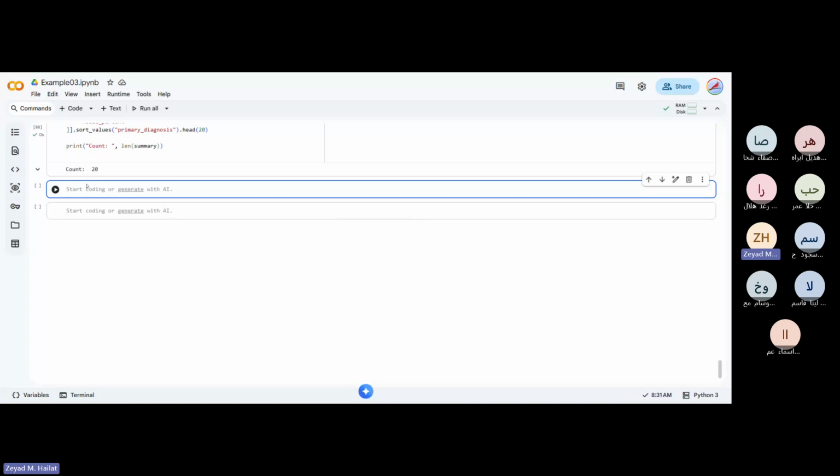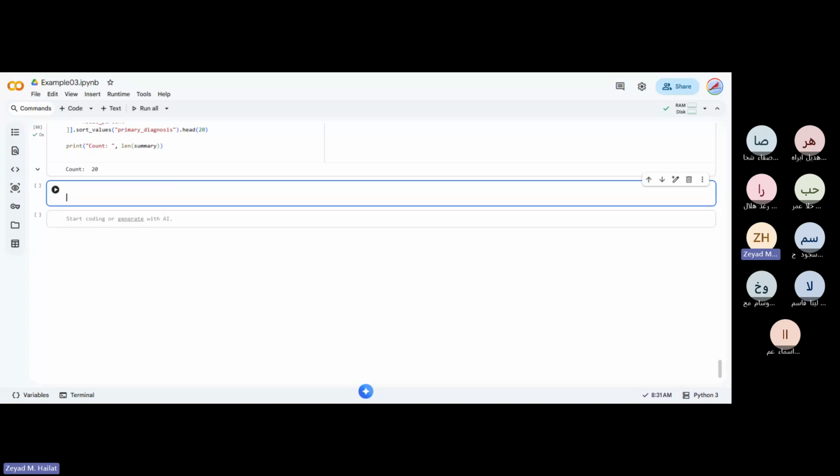Okay. So the next one is I would like to find out who are the patients who might need a closer follow-up. For example, I would look at their HbA1c. I will look at their blood pressure. I will look at the EGFR. And if any of these patients have specific values, they must have follow-up. So I'll call them follow-up